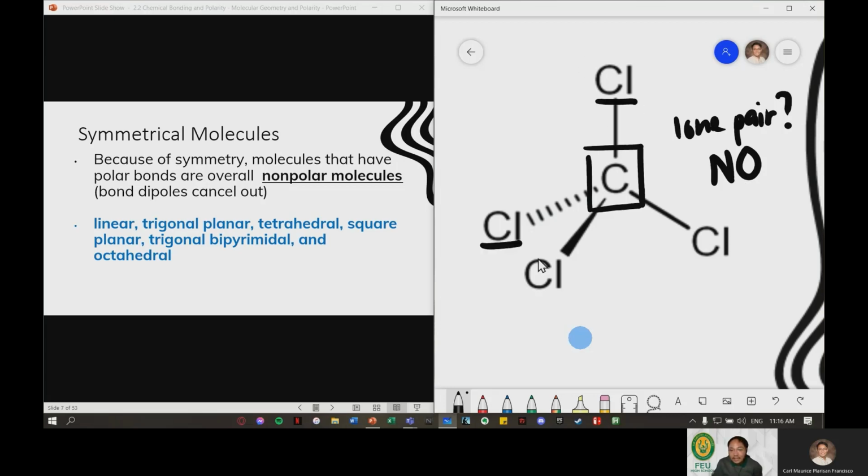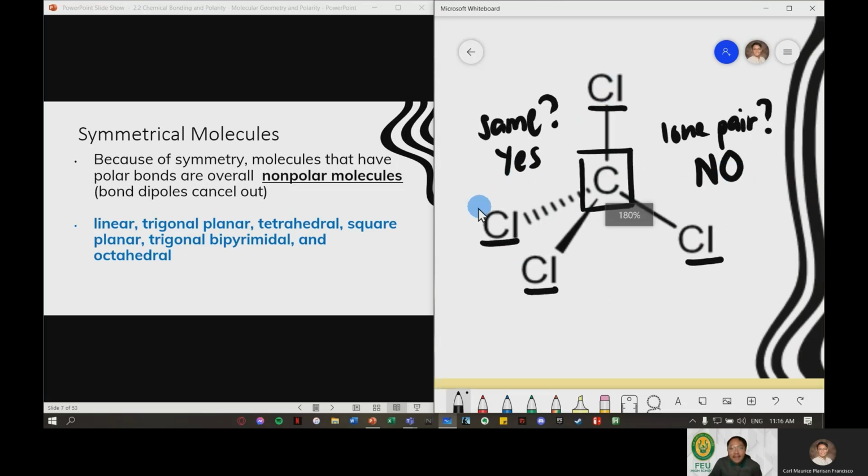Check the terminal atoms or the atoms attached to the central. Are they the same or identical? Yes. Ibig sabihin po, kapag ang central atom walang lone pair, ang mga terminal atom pare-parehas,